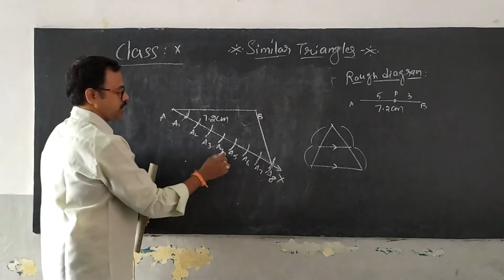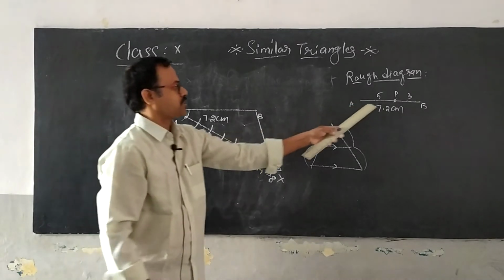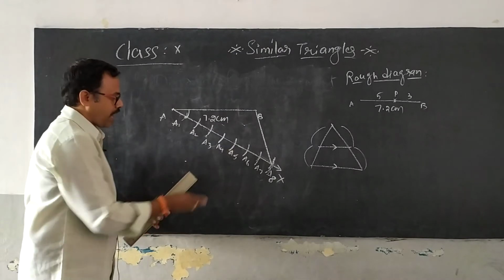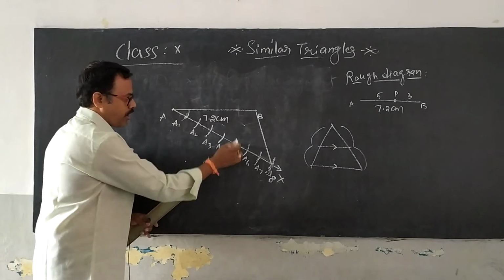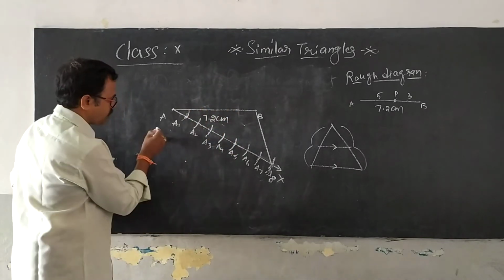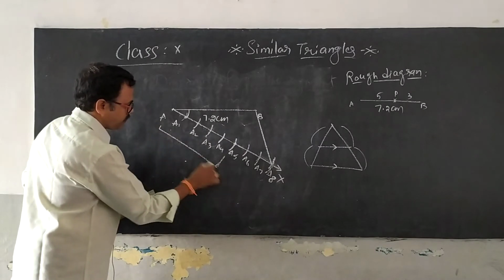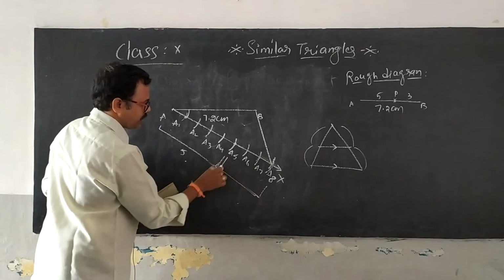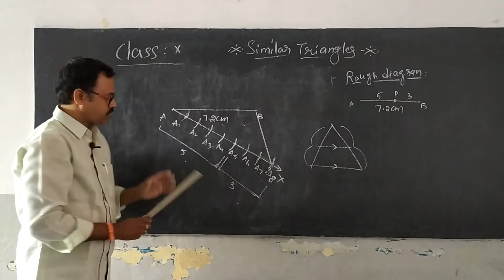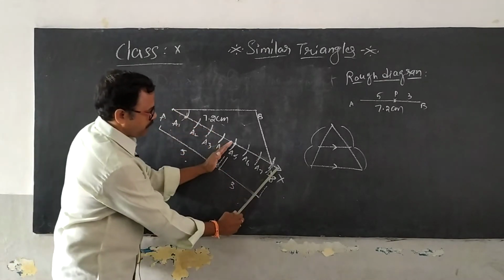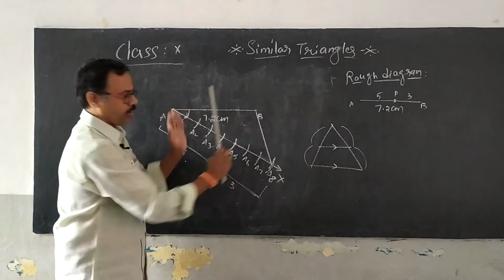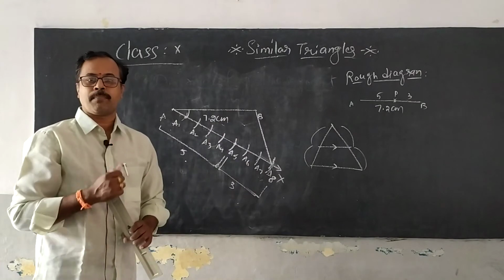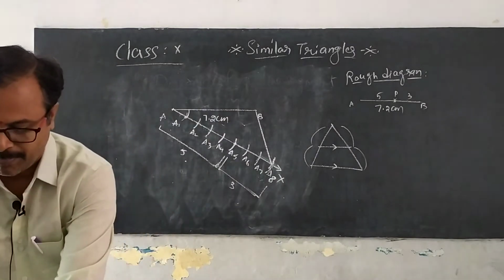So, we want to divide 5:3. So, where is 5? The point is here, 5. So, at A5, I want to draw a parallel line. From A to A5, this is 5 parts and from A5 to A8, this is 3 parts. So, these 5 parts and these 3 parts must be created in this one. That means you want to draw a parallel line. So, how do you draw a parallel line? Now, let us see how to draw the parallel line.